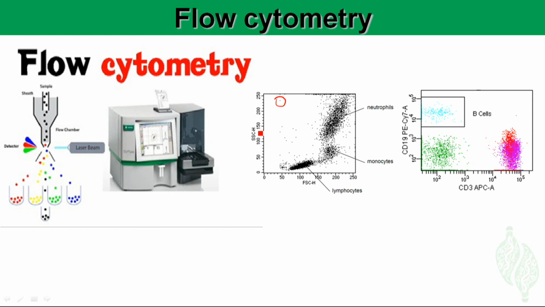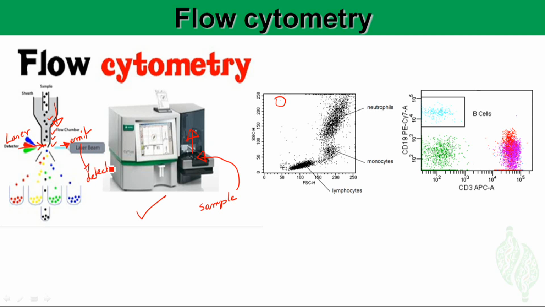Here on the left side, this is the flow cytometry machine, and normally when you run the sample, this machine takes the sample and only one cell at a time flows in this machine, and here there is a specific laser that hits those tagged fluorochromes, and when those tagged fluorochromes are hit by the specific laser, they emit a specific wavelength of the color. Those wavelengths of color are detected